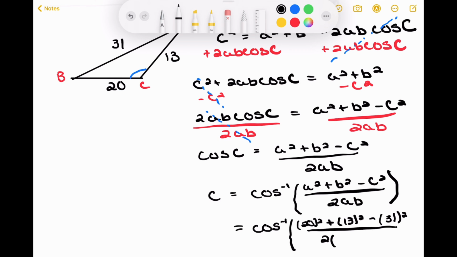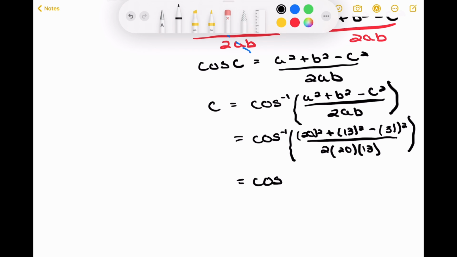A was going to be 20 and b was 13. Right, and then when we simplify that inner bracket, what we get is negative 0.7538. Put that into our calculator, we get C is equal to